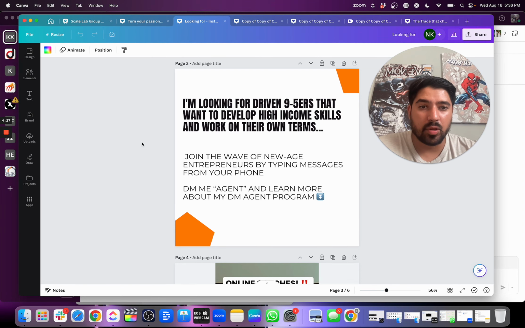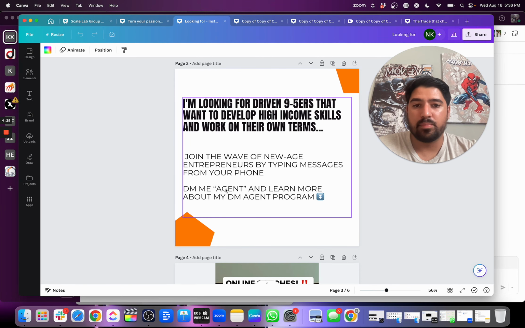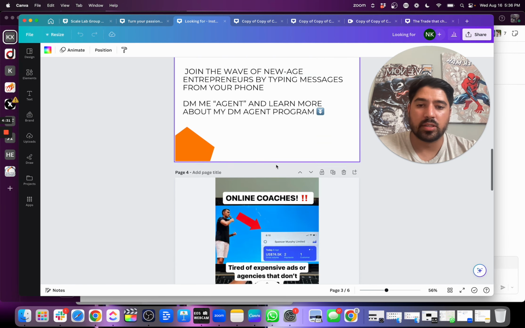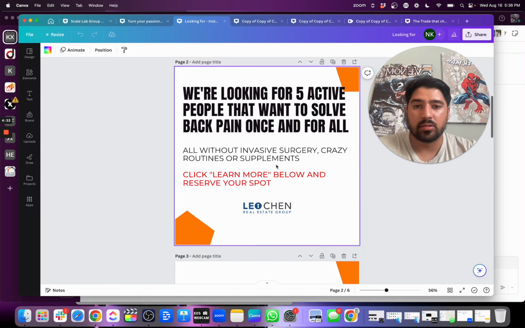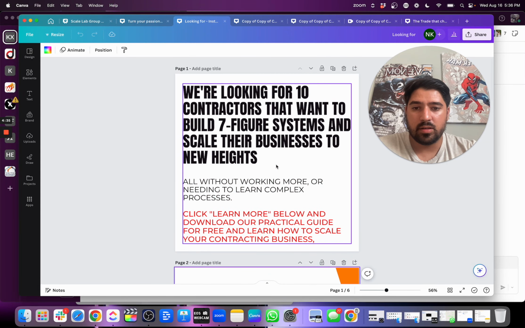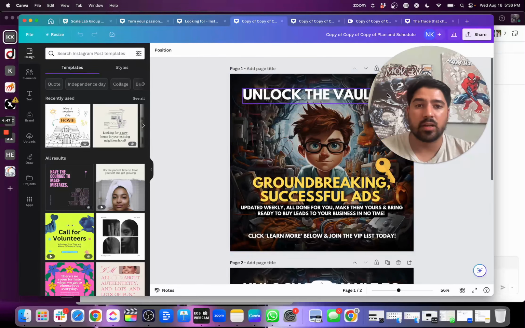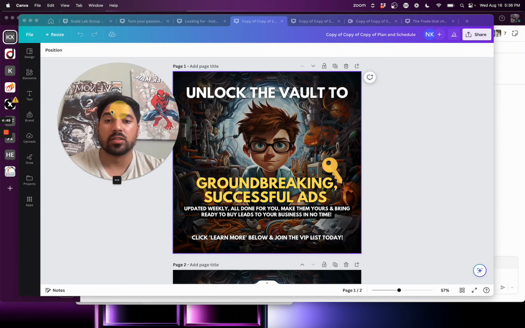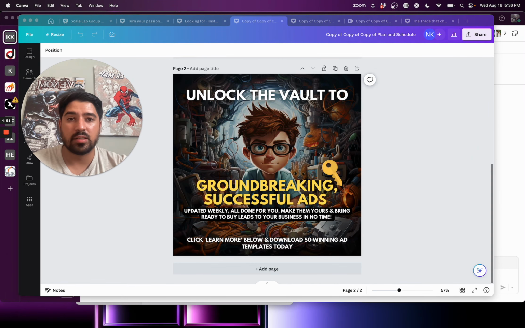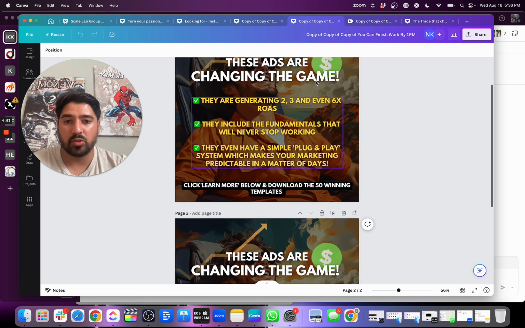Once again, it has that blunt post outline as well, but there's a little bit more colors, emojis, and it's actually a lot shorter. And here's these ones as well. Super simple. But you can see how we can take a picture or a creative like this, figure out what people actually want, what they're looking for, the things that they're resonating with. We take that, and then you can plug it into a creative like this that looks a lot cooler, a lot more eye-catching. It's maybe something that people would be drawn to a little bit more,